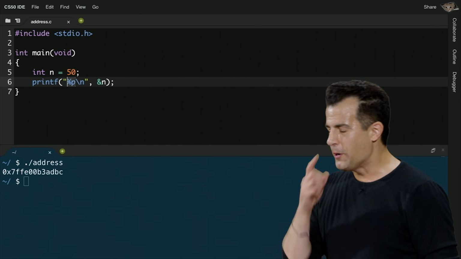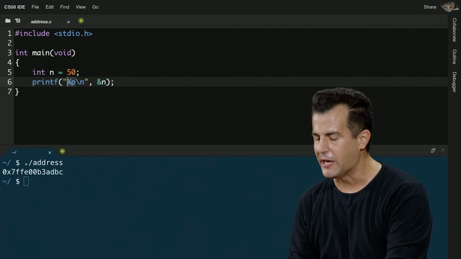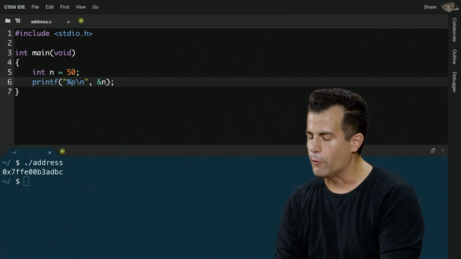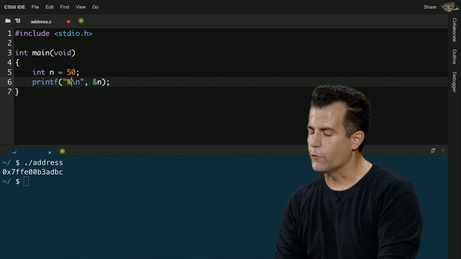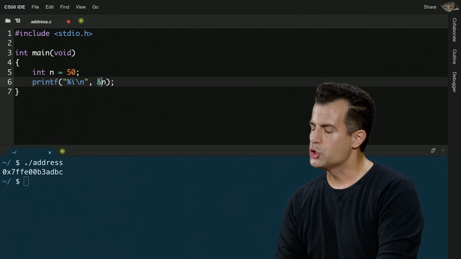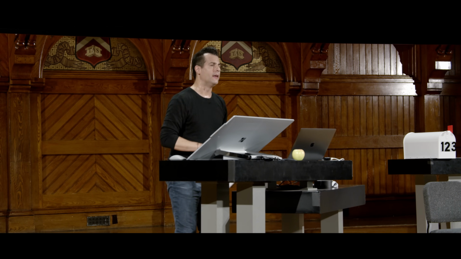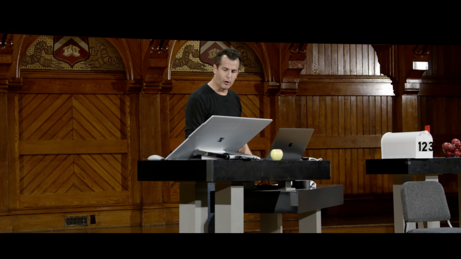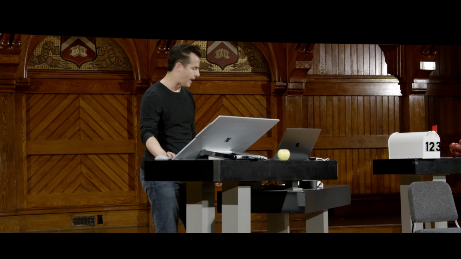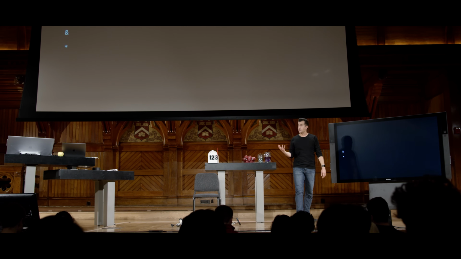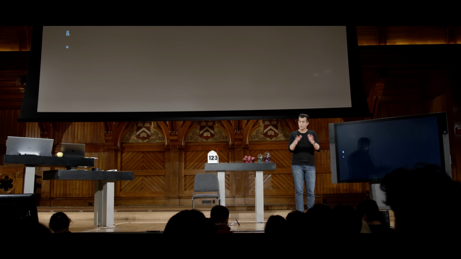Well, it turns out we can actually undo these effects. Let me go ahead and make one change here. Suppose that now I want to go ahead and print out 50 again. I can actually reverse the effects of this operator. So &n means to go get the address of n. But it turns out there's another operator in C that's quite useful around now, and that's this one here. So whereas ampersand is our so-called address-of operator, star, or an asterisk, we've seen before in multiplication. And today it has a different meaning in a different context.